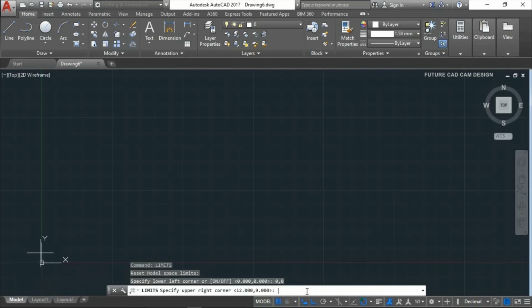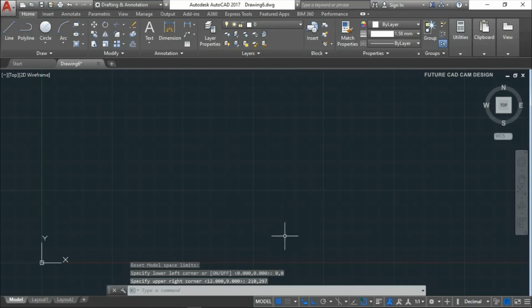For example, now I need an A4 sheet. I need to fix the A4 sheet on my screen, then I need to give the exact value of the A4 sheet. The A4 sheet dimension is 210 by 297. So I am going to fix 210,297. It represents the length and width of the page. It is the size of an A4 sheet. So after entering 210 comma 297, again press enter. So now your page is fixed.